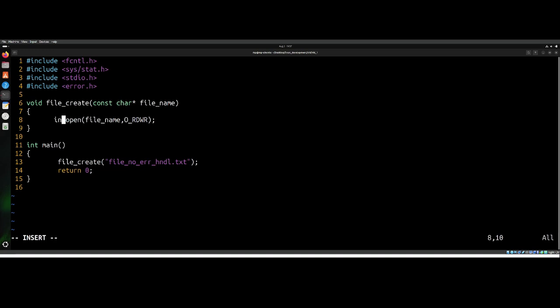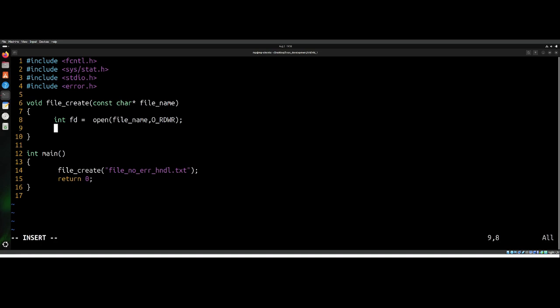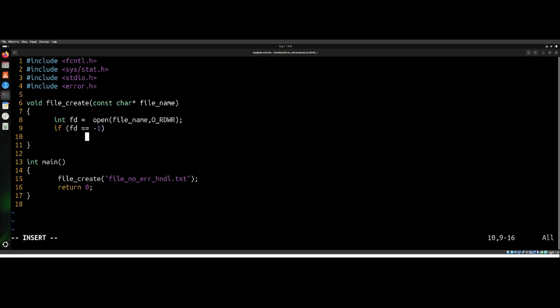So whenever the open system call is executed, it returns a non-negative number when it is executed successfully. But when it is executed with error, it provides the output in the form of -1. So we will capture that output into the variable called ft, and we will write a simple condition here. If ft is equal to -1, then